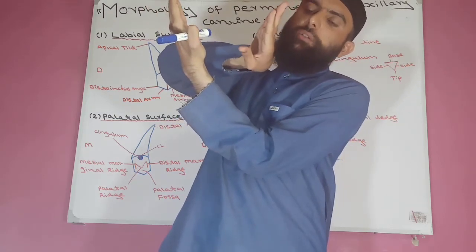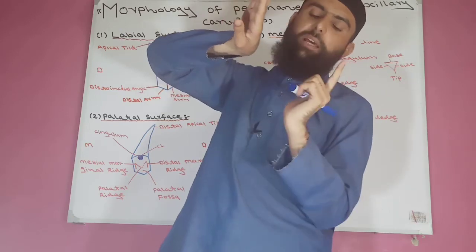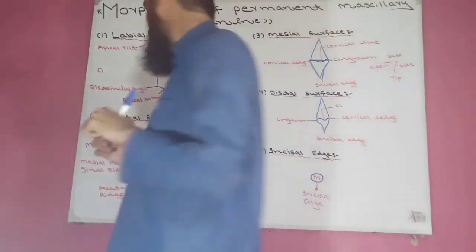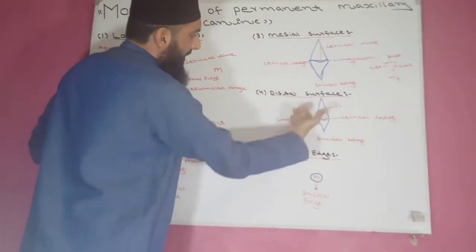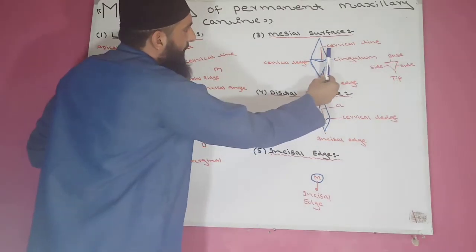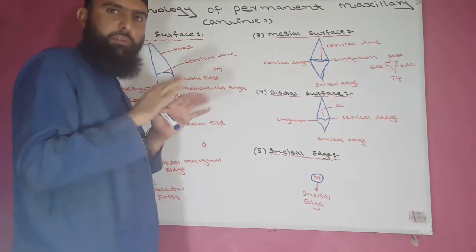When I rotate the tooth around 360 degrees, then the distal surface comes here and the mesial comes here. Again the cervical margin, because the distal surface is also triangular in shape,